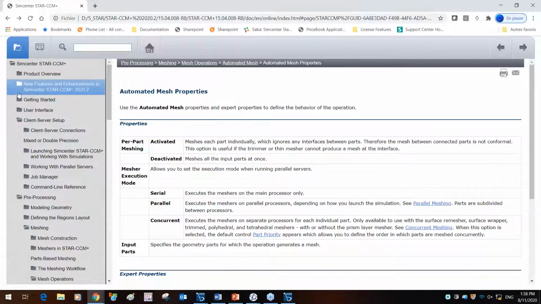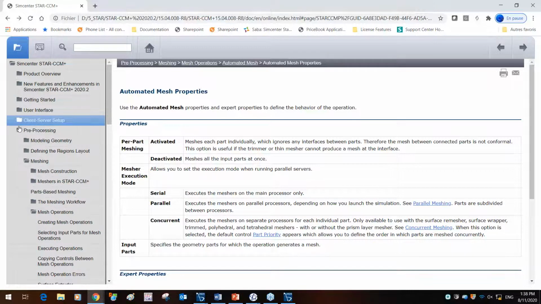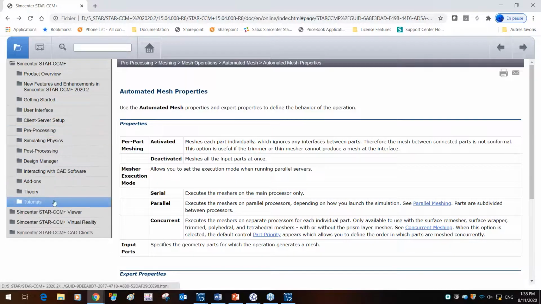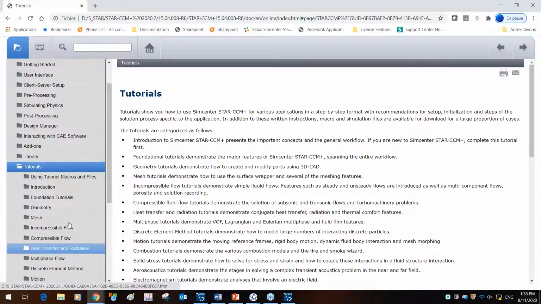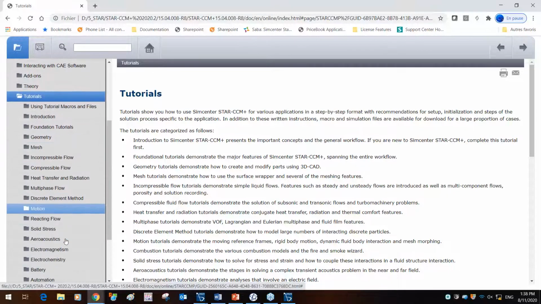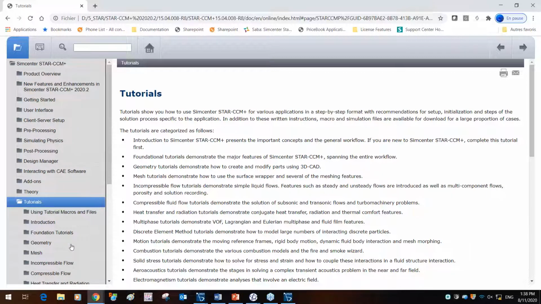If you go to Star CCM Plus and then to tutorials, here are all the tutorials associated with Star CCM Plus. You have the basic introduction, which, with most of what I've covered, would give you an understanding. But if you want specific motion tutorials or reacting flows, all these features are available to you.